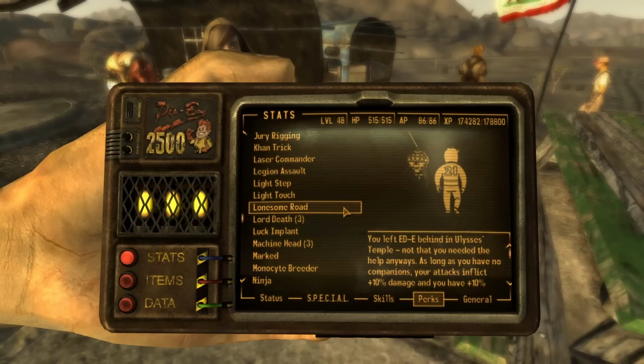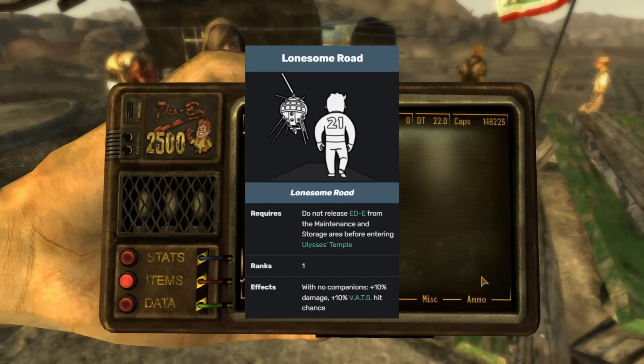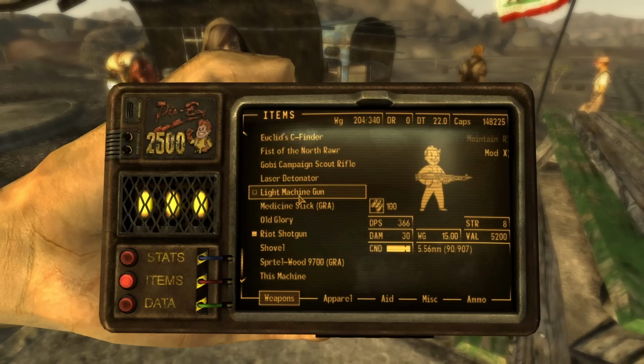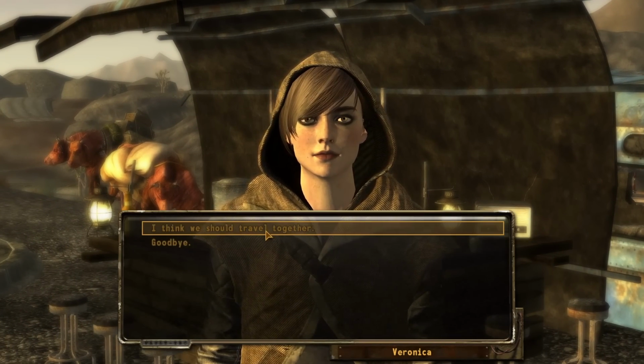Nice. The next perk I want to mention is Lonesome Road, which is conveniently named after the add-on. You get this at the end of the add-on if you choose to not release EDE right before you fight Ulysses. Now the benefit of this perk is you gain plus 10% damage and plus 10% accuracy in VATS whenever